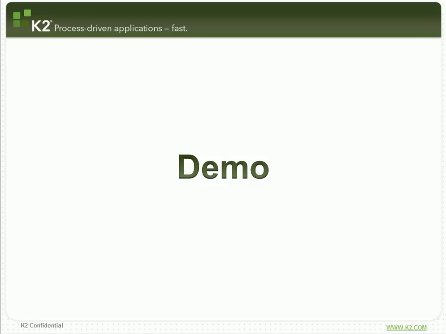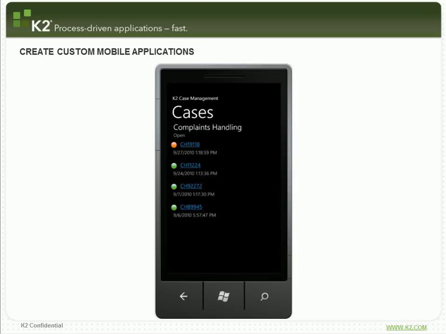As we just saw in the demo, you can use the K2 Mobile Worklist Applications to view any tasks that have been assigned to you by K2 and potentially take some action on those tasks. Another way to think about using mobile devices as part of a K2 solution is to think about solution-specific mobile applications. As an example, using the K2 case management framework and a complaints handling solution, you could think about an application on a mobile device that will give you a list of specifically the cases that you're working on